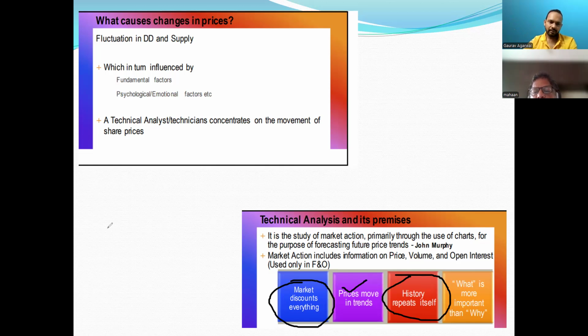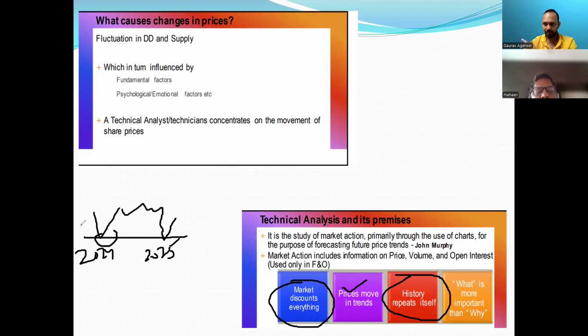Let's say there was an area in which the price bounced in 2024, right? So if the price is moving like this and if the price is coming down here in 2025, then we can think that the price will bounce from here this time also, because earlier also the price has shown the same behavior, right? So that means history repeats itself. So based on the historical data, we are thinking that in future also the price should come here and bounce from here, right?